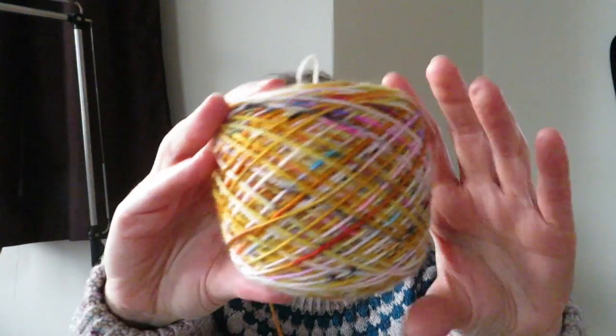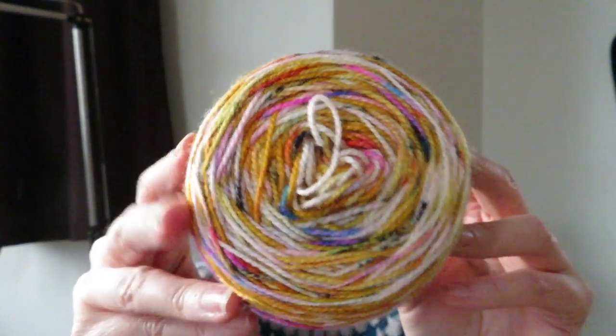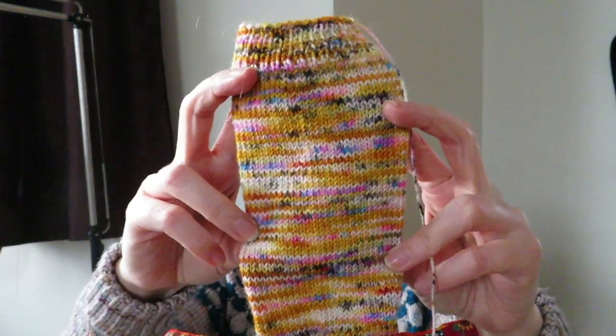The majority of the color is yellow. It has a lot of other colors in it as well, but the main color is yellow. So I really do love it, and it knits up beautifully. I had 2 skeins of this in my stash, and 2 weeks ago I was going to a knit group on a Sunday with my friend Helga, and she came here and picked me up, and I was going through my stash of sock yarn, and I grabbed both of the skeins, and I was like,